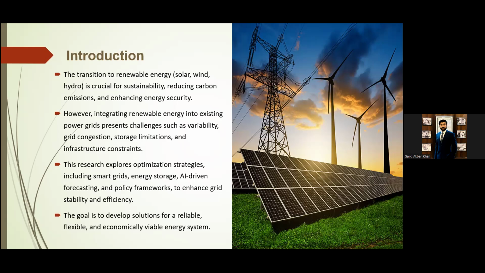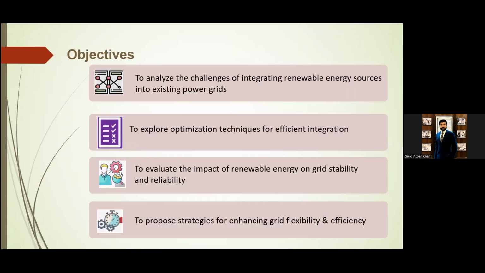For this topic, I have chosen some journal papers as well as conference papers. I'll be showing you a separate slide for that. Coming towards the objectives of my presentation. These are certain objectives which I